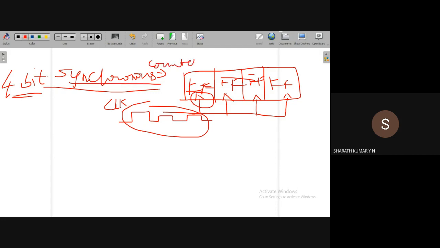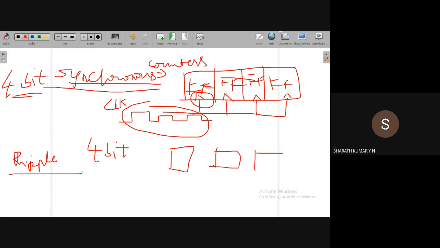Okay. There is another classification called a ripple counter. What happens in a ripple counter is, let's say there is a 4-bit ripple counter, for example. That means there are 4 flip flops. In this case, only one of the flip flops is applied with the clock pulse.